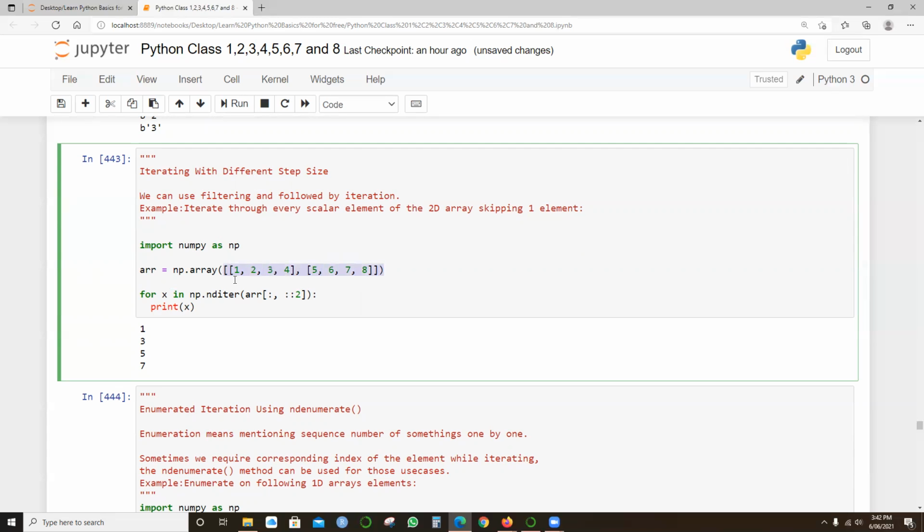I can add one more to it also. Let me add it over here.